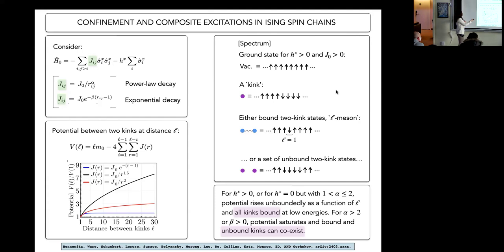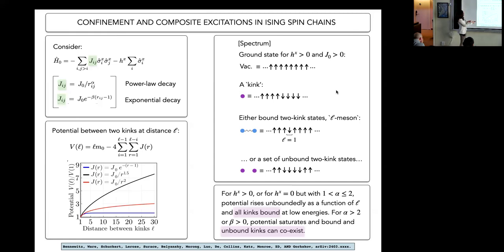Now, it turned out that you can have another excitation in the system where you have all spins up and all spins down. We call these kinks, or everybody calls these objects kinks. So the kink is actually a domain wall between the spins that are all up and all down. Okay, so the kink actually connects two sort of vacua. If h_x was equal to 0, you had two degenerate vacua, right? All spins down, all spins up. Then this is really sort of connecting two of these vacua. But if h_x is greater than 0, then there's only one single vacuum.